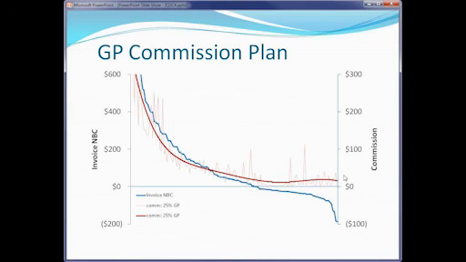Now, here's what's going on and why it's important. This is a curve that shows this red line is a trend line from a lot of actual data that we pulled out of the system, and it shows what the pay is on a typical gross profit commission plan. And we have things like load factors to help protect us from paying more than we should. Sometimes we have commission clawbacks. Sometimes we have thresholds or minimums. If there's a certain amount of profitability on a sale, we're not going to pay any commission.